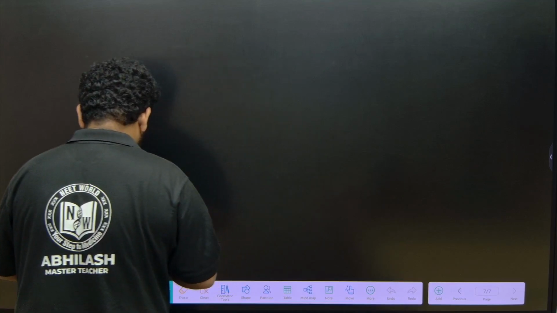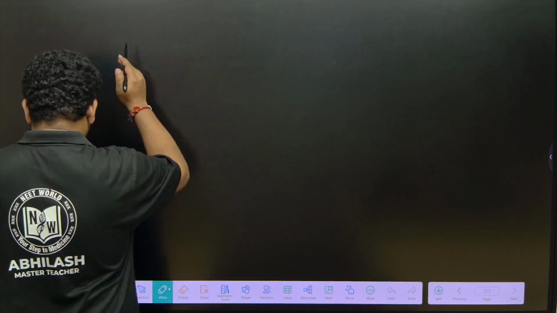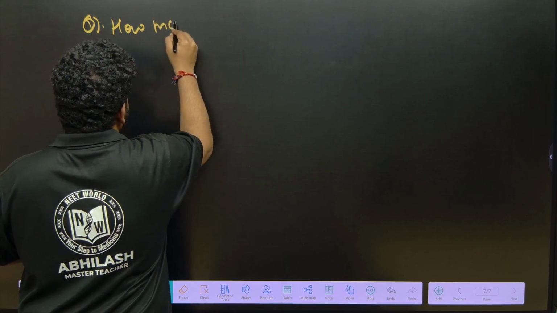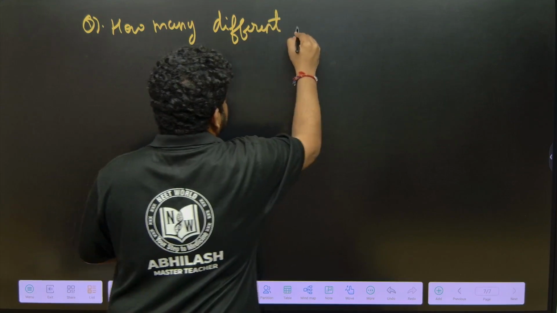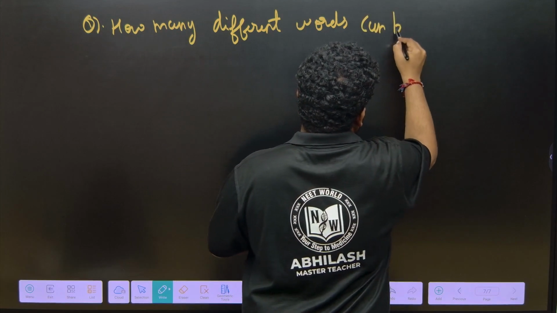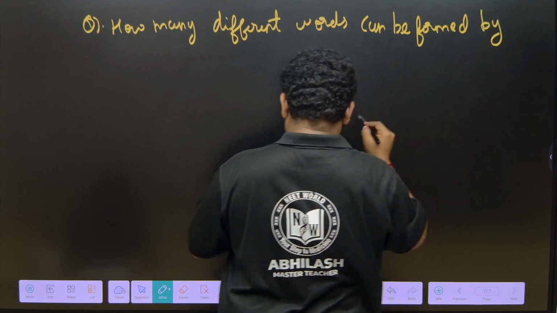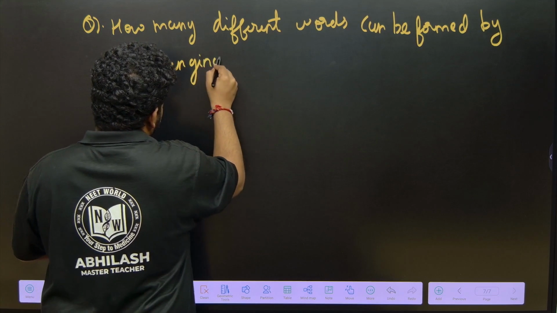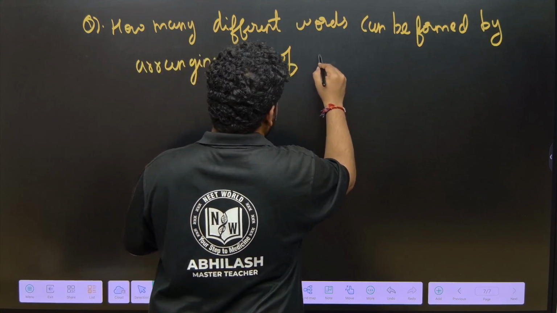I don't think you have to copy this question. It is easy, correct? Not required to copy that question. Okay, now let us go to the next type of question. How many different words? Please copy this question, important. How many different words can be formed by arranging letters of the word